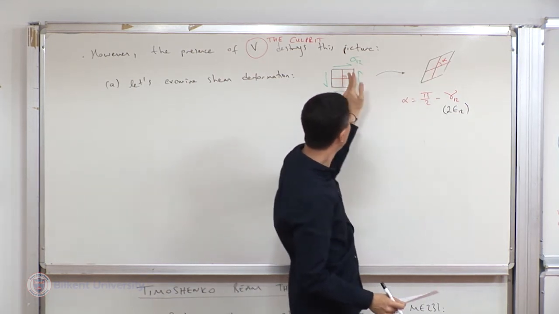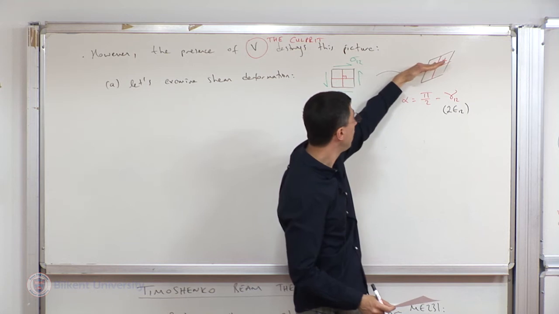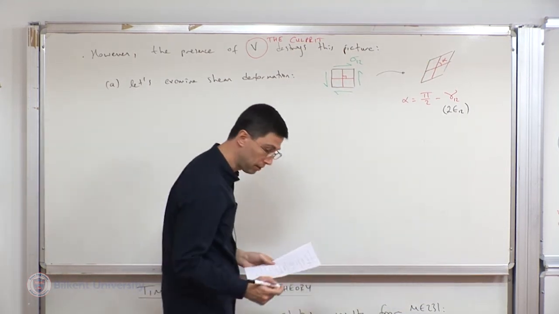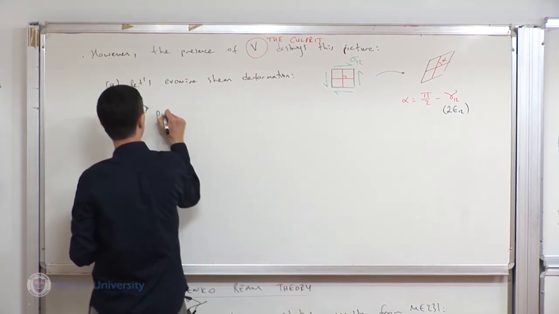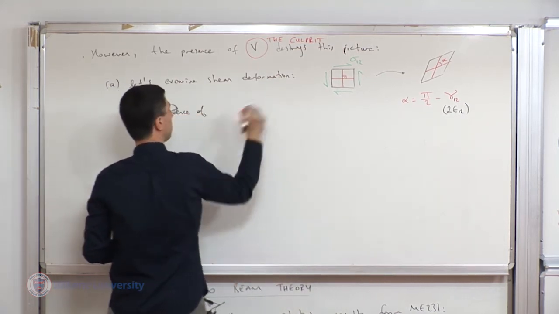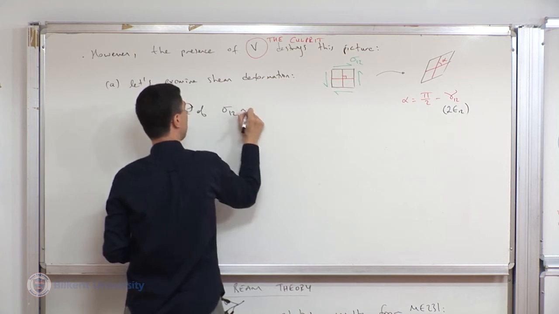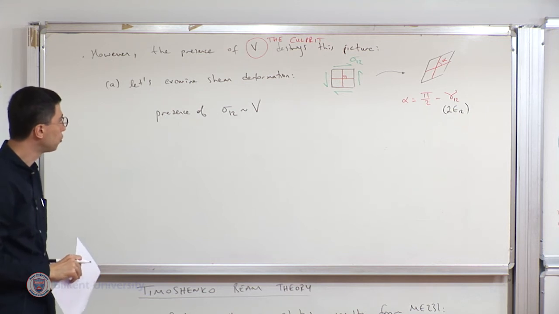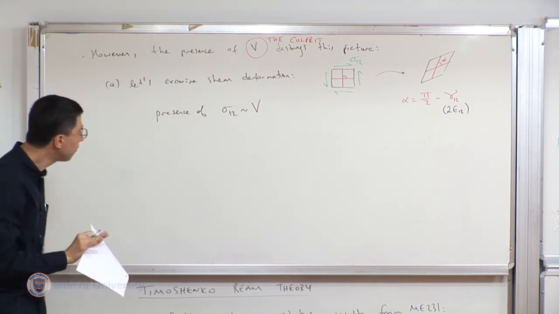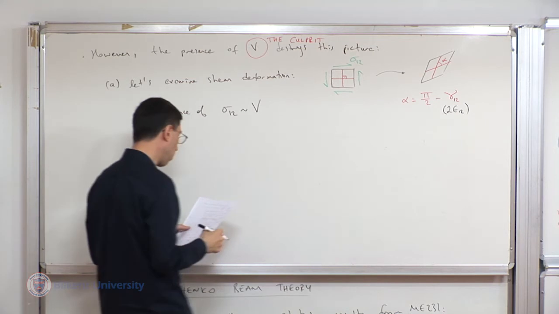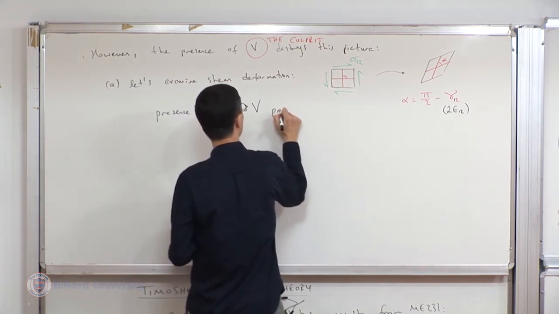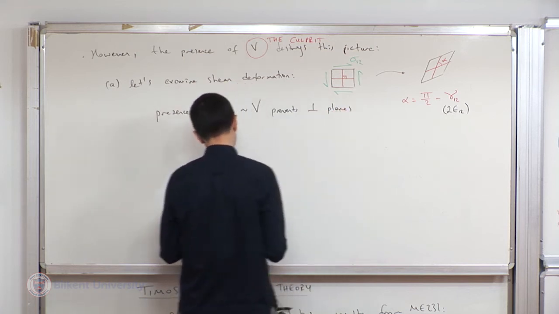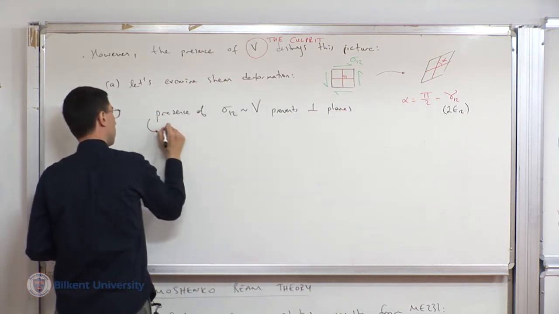The lines that are initially perpendicular to each other remain as straight lines, but they are not perpendicular to each other anymore. So the presence of sigma 1, 2, which has to do with internal transverse shear force, right? So whenever I have V, I will have a sigma 1, 2 distribution, which prevents perpendicular planes. Hence,